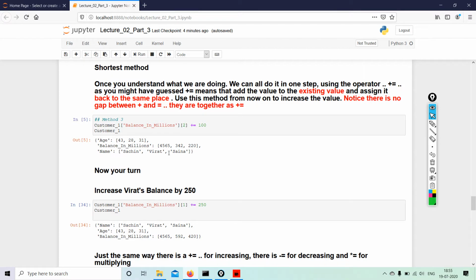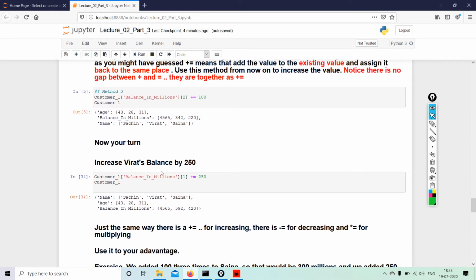So method 3, very easy. Customer 1, balance in millions, 2 plus equals to 100, and we get the balance. Same thing I want you to do it for Virat, but the balance has to be increased by 250. This has to be done without looking at the answer, the output. This has to be done purely with integrity, whereby you don't look at the answer, you execute it by yourself,